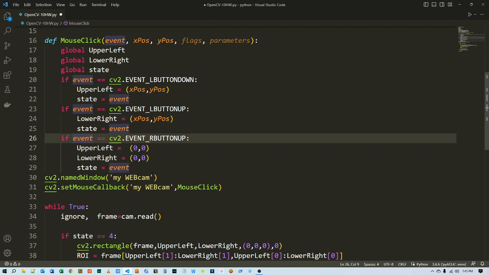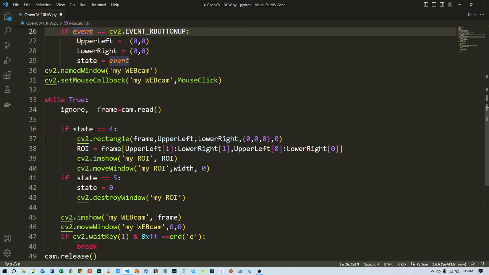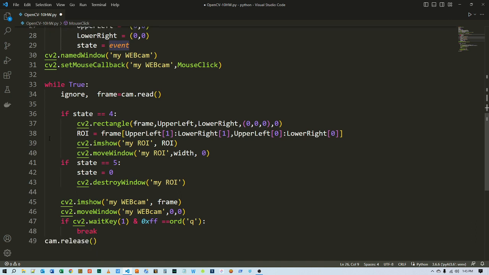I set the named window to my webcam, used my webcam for the set mouse callback, and used mouse click, the function. The basic template from Paul is to read the frame with cam.read, and then basically I check the state to see whether it was a 4 or a 5, and if it was a 5 then I did the destroy